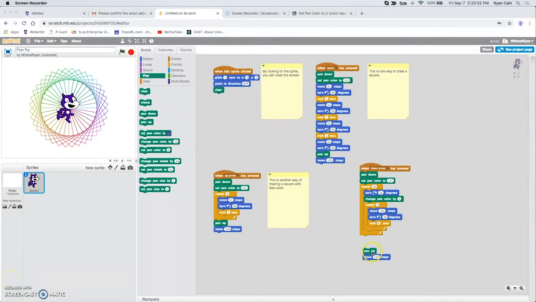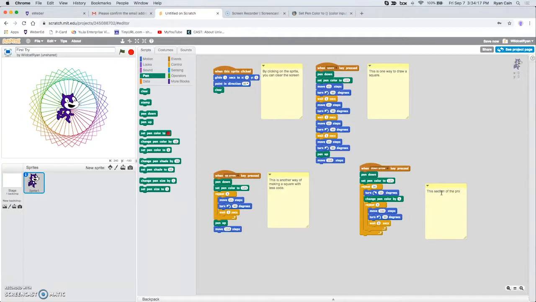And then the last thing I'm going to do in this video, I'm just going to tidy up a little bit. I'm going to take this pen up and move steps out. I'm going to delete those by dragging them to the script portion of the screen. And I'm going to insert one more comment. So I'm going to right click over here, add comment, and I'm going to say this section